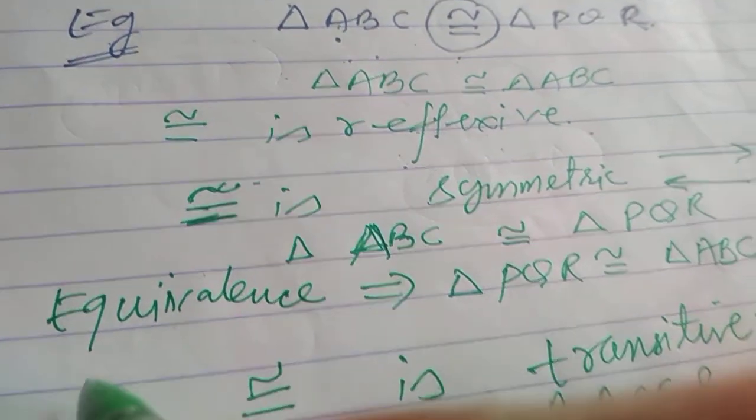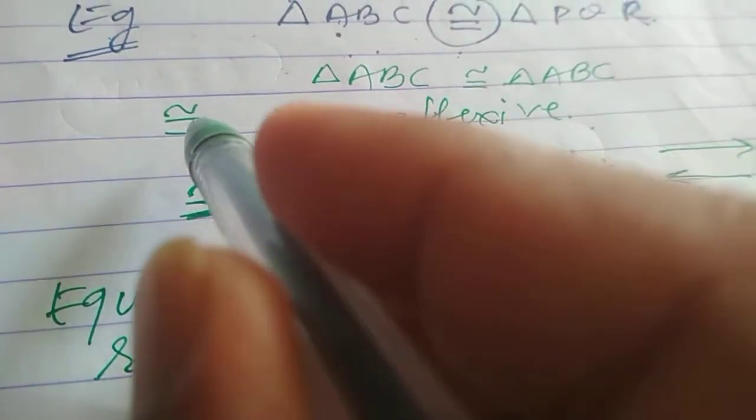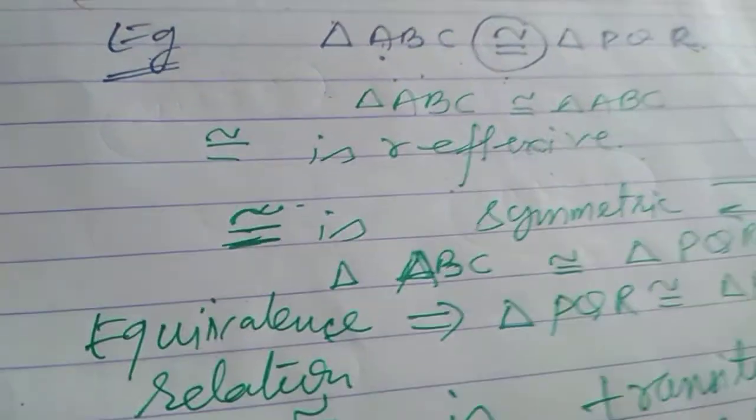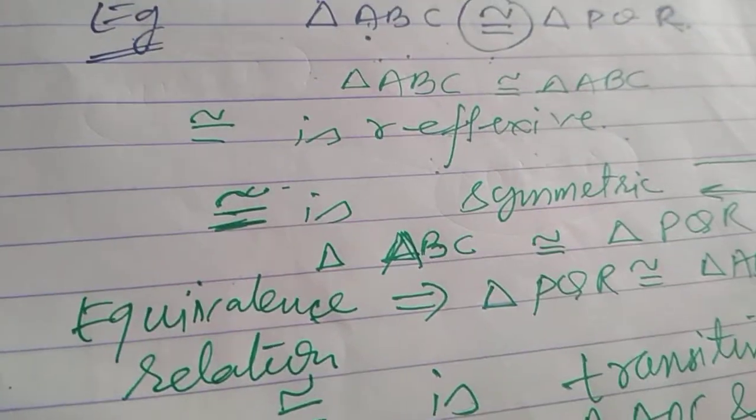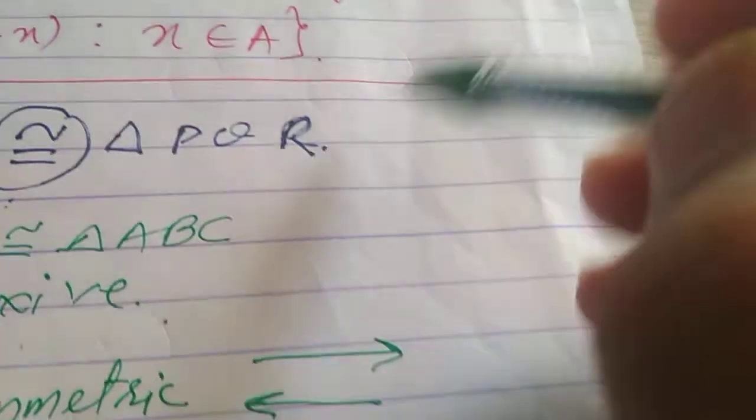Equivalence relation. So I can say that congruence relation is an equivalence relation. Now, it's just an introduction. Other examples you can think of, like